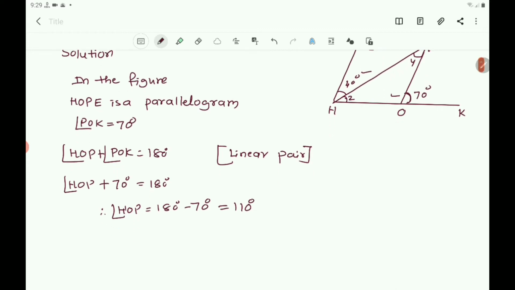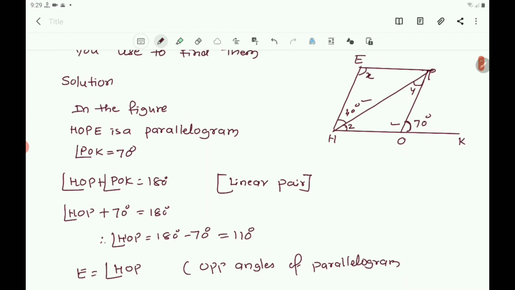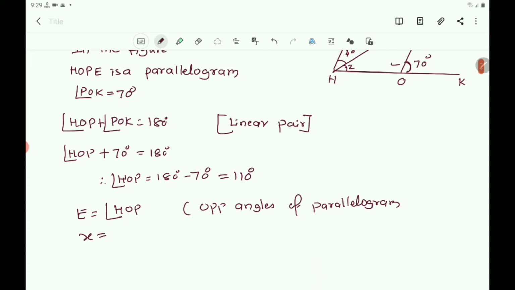And angle x is given, that is angle E is equal to angle HOP. Why? They are opposite angles of a parallelogram. Opposite angles of parallelogram. So E is x, that is x is equal to what? x is equal to 110 degrees. You got